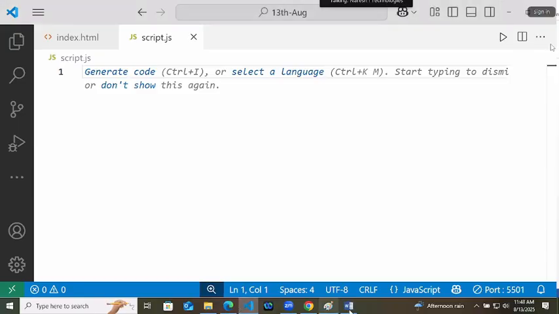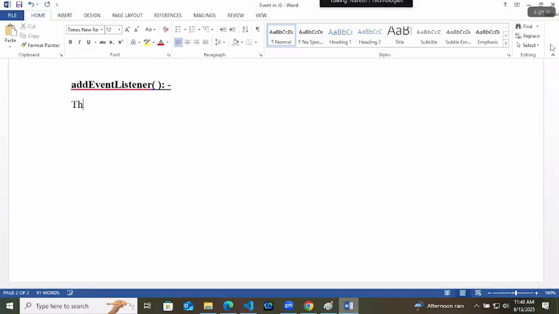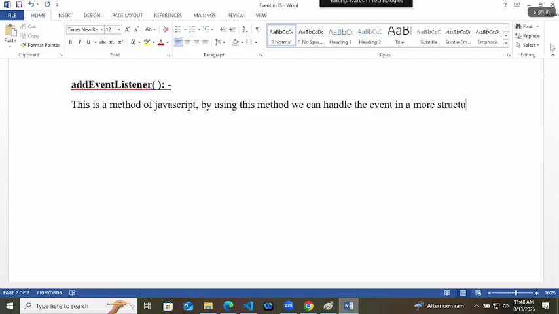So what is this add event listener? This is a method of JavaScript. By using this method, we can handle the events in a more structured way.